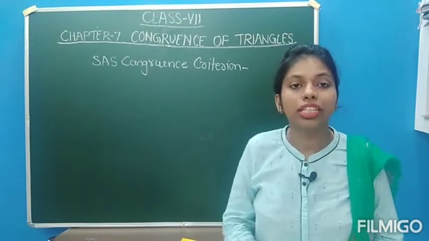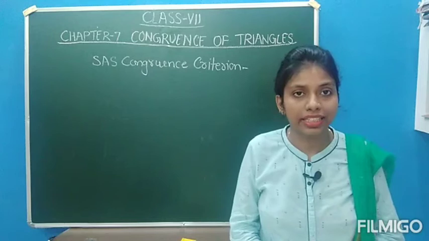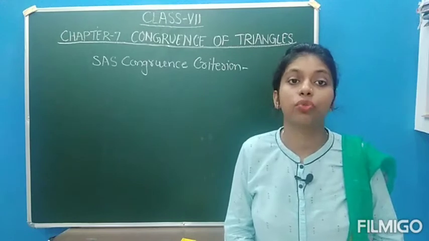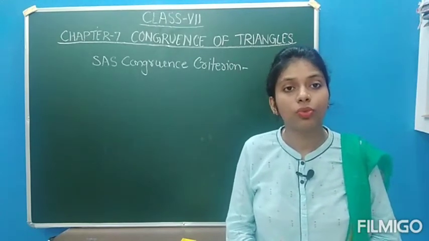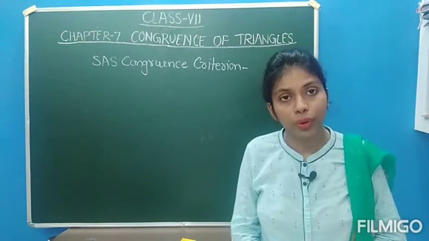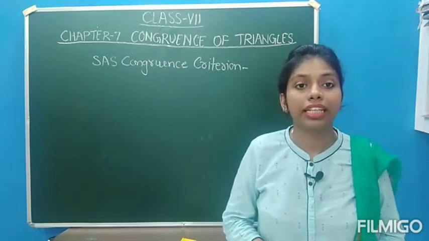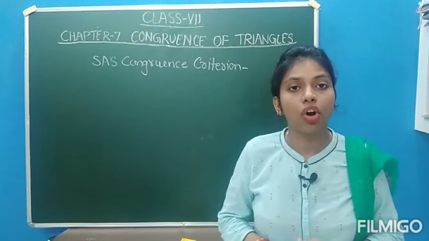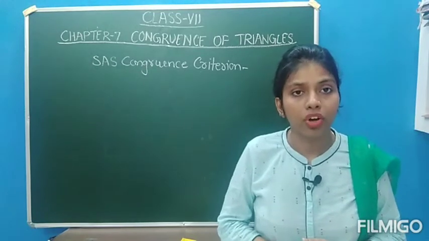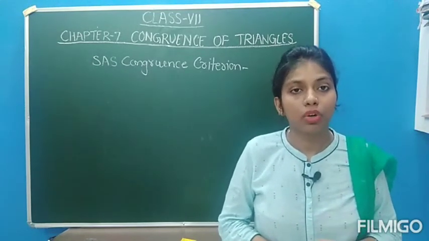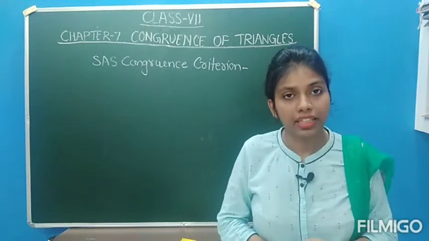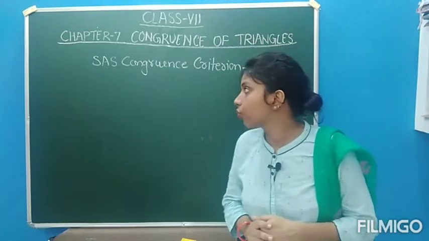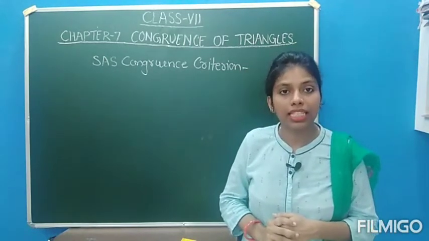By the help of this criteria we can decide whether two triangles are congruent or not. We already discussed what is the need of this criteria. Of course we know that by the help of this criteria, without cutting the triangles and pasting them on each other, we can say whether they are congruent or not. In the previous video we discussed the first criteria, side side side. Here in this video we are going to discuss side angle side, that means SAS.